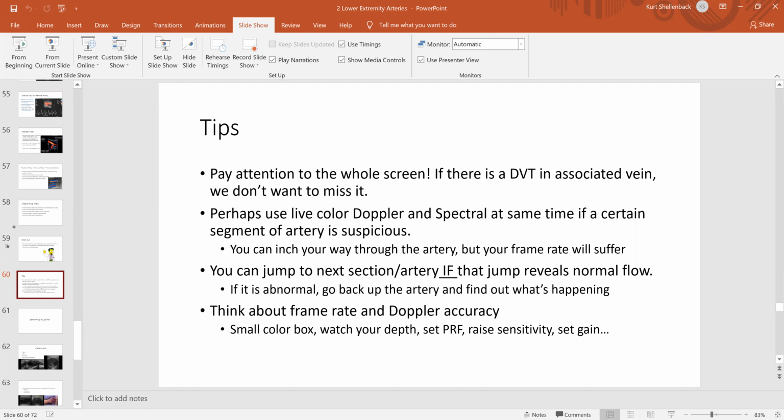Perhaps use live color Doppler and spectral at the same time if a certain segment of artery is suspicious. You could inch your way through the artery, but your frame rate will suffer. You can jump to the, in other words,